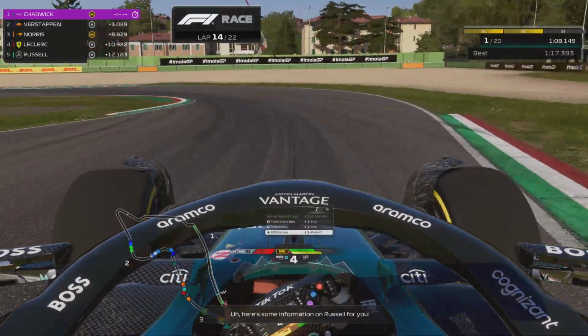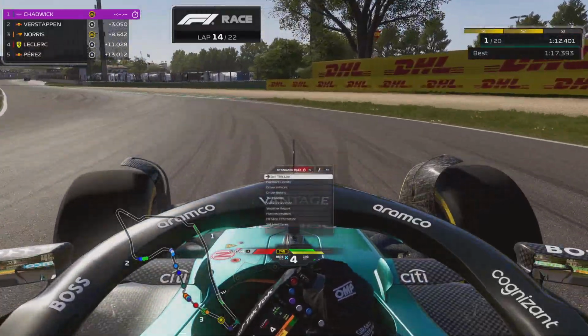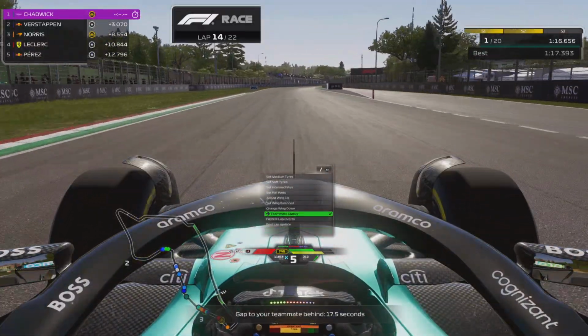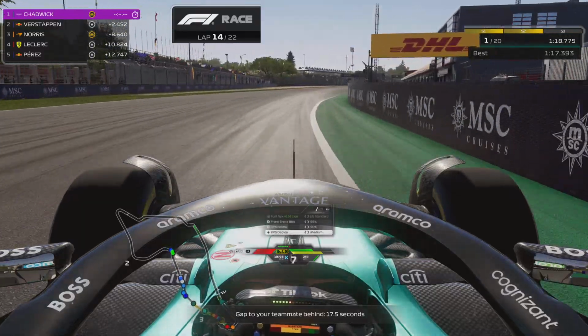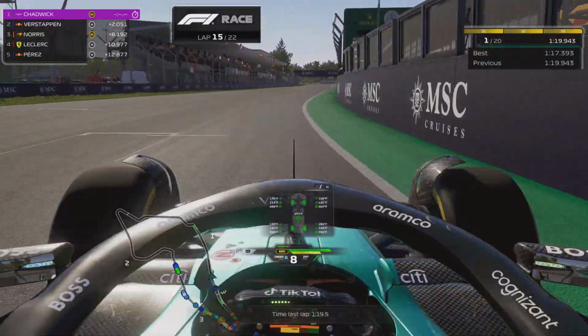Here's some information on Russell for you. They've got some kind of mechanical problem. Check in with our teammate. Oh, a little bit of high spin there as well. Gap to your teammate behind, 17.5 seconds. Okay, they're on fresh hards. They're in 10th place. And the time last lap,